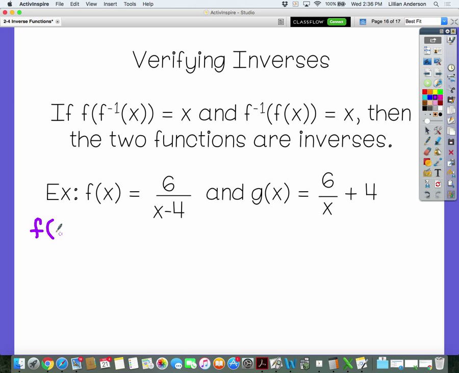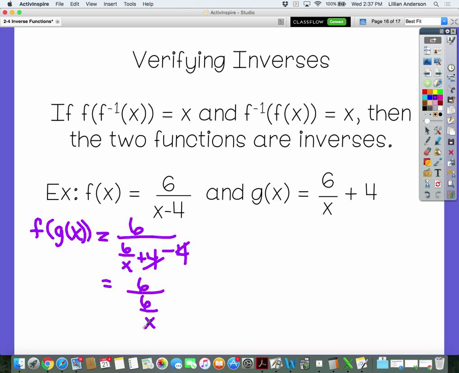So, first thing we need to do is f of g of x. So we're going to plug g into f. So here's f. I'm going to actually plug that 6 over x plus 4 in for the x, and we have minus 4. What happens here? The positive 4 and that negative 4 cancel each other out, so I'm left with 6